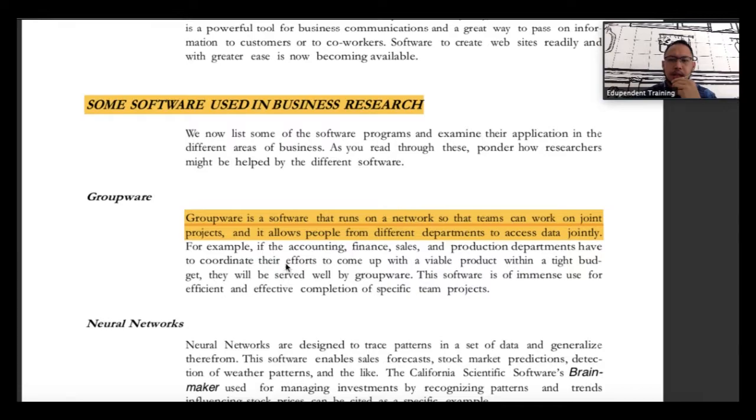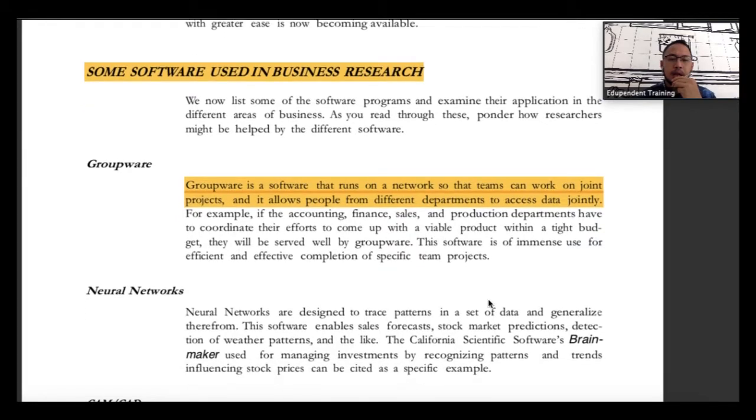Some software used in business research: Groupware. I'm not going to discuss Groupware further, because Groupware is regarding accessing data jointly for our thesis. I'm not sure that we are going to use neural networks. We are talking about artificial intelligence, and I think that's going too far.